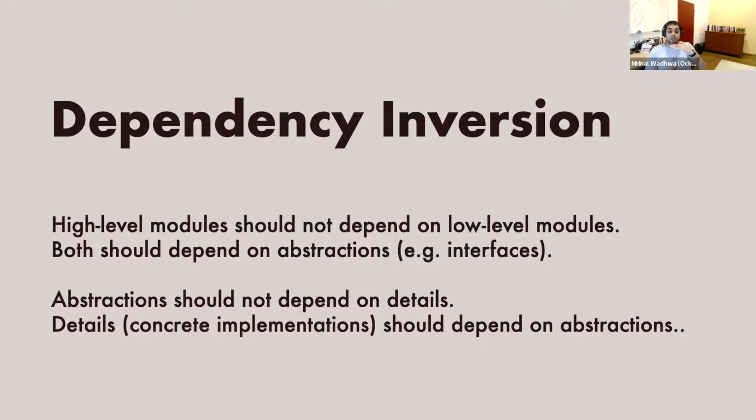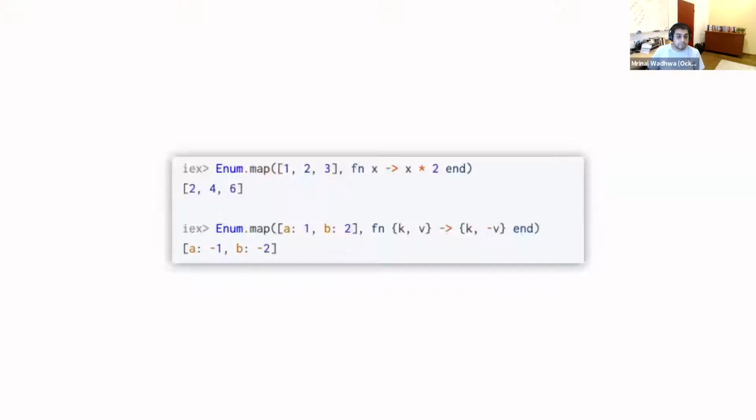Because then what I can do is, if at a later point in time I need to change the implementation of the behavior, I can change it. Or if my implementation of the behavior is really complex, the high-level module is not exposed to that underlying complexity. A good example of this might be